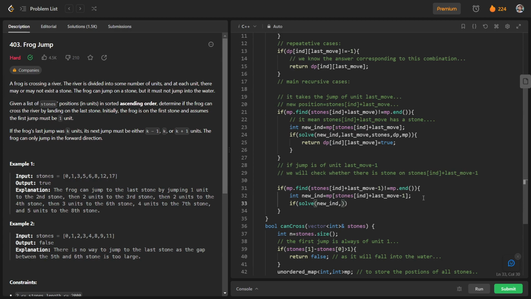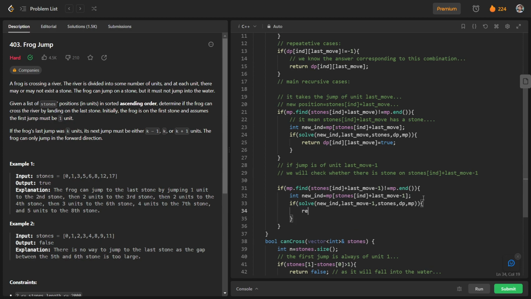The new jump unit is last move minus 1, and all the other parameters will be the same as they are. If it returns true, we will return dp of ind and last move equal to true.